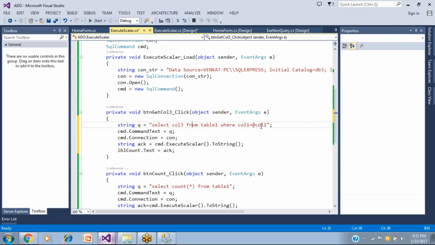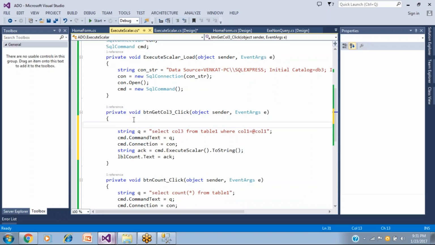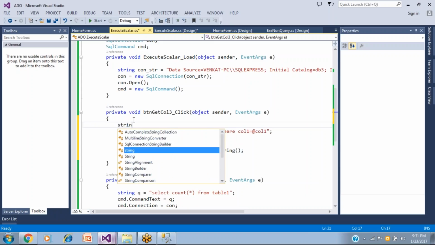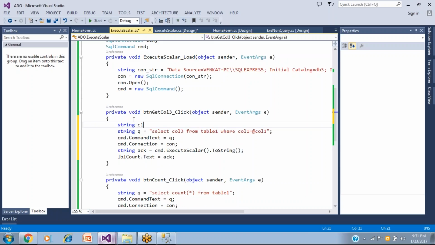That means in the query something is decided at runtime, in the sense the value changes. So we can take a text box that is there in our hand, and the text box value I want to get into a variable like C1 is equal to txt col1 dot text.